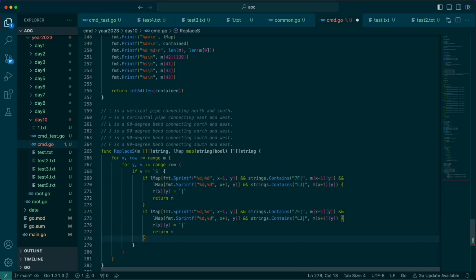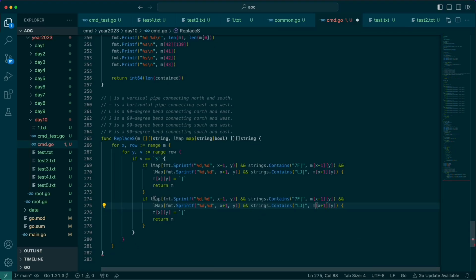Now let's go from above to the right. We still have the same connectors from the top. This works for above and below for a straight pipe. If we've got one coming in from the top, so 7, F, or J, no matter if it's east and west, what matters is whether or not we can go left or right. We're only going to have one connection in, so I don't need to check both. No, I do need to check both, I'm going to have two connections. If it comes in from the north and we're not going straight down, then it can either be